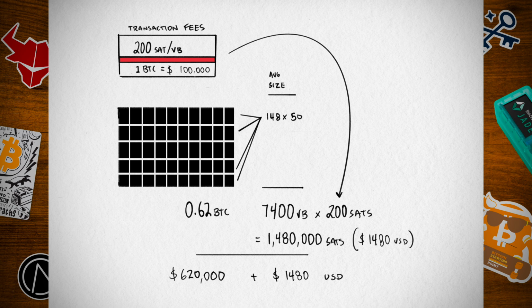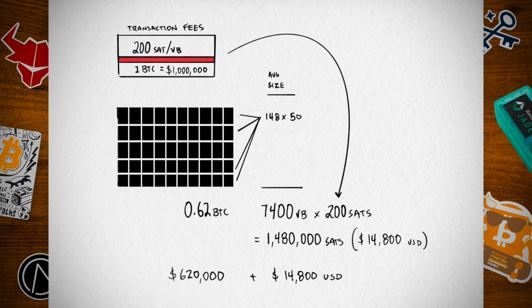Then you would be looking at around 7,400 bytes to send a transaction. It'd be 7,400 times 200 sats per byte in a high fee environment. You would be spending up to 1,000,000 sats, which is about $1,400 today, to send a transaction if you had around 50 deposits in the highest fee time. In the future, that 1,000,000 sats could be worth $14,000 one day if Bitcoin hit $1,000,000. Would you be able to look back and stomach saying, ooh, I paid $1,400 or $14,000 for a single Bitcoin